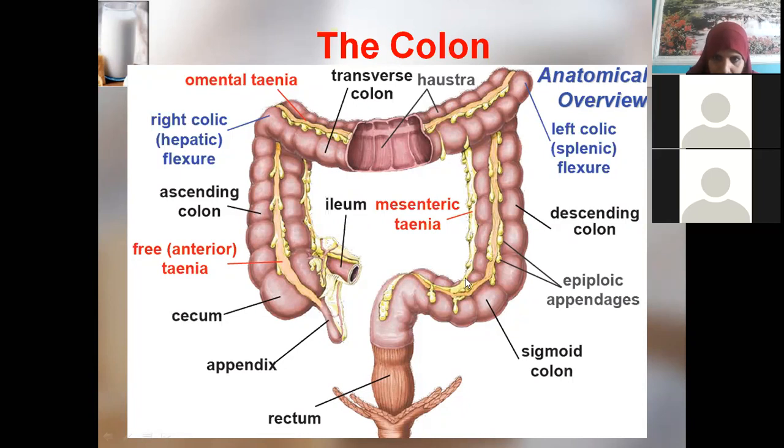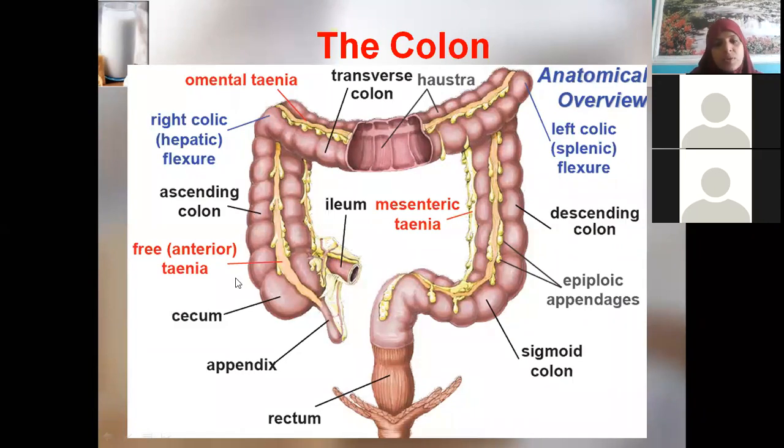So that means this particular part of the tinea which is facing towards the mesentery, you call it as mesenteric tinea. Is that understood? If you are finding from anterior aspect, you call them as anterior tinea. If you are finding from the superior aspect, you call them as omental tinea. If you find tinea which is facing towards the mesentery, you call it as mesenteric tinea. Tinea is nothing but the fold of the thickened band of peritoneum, peritoneal band. Okay, and the fat filled pouches are nothing but epiploic appendages.